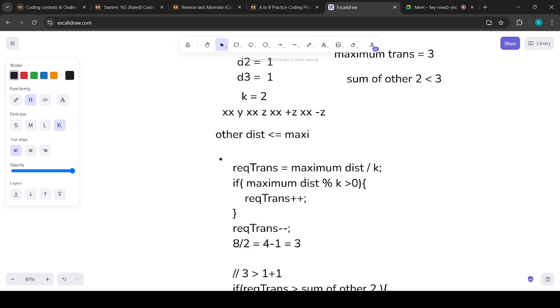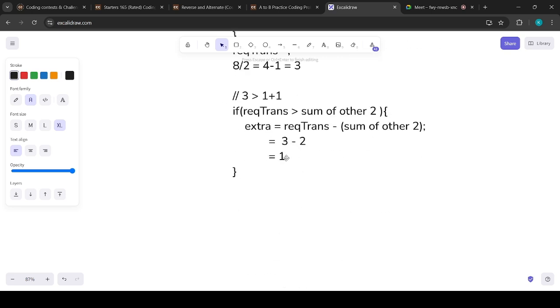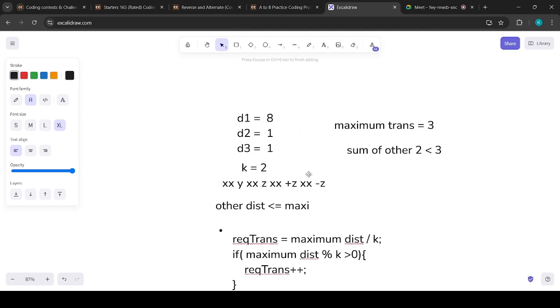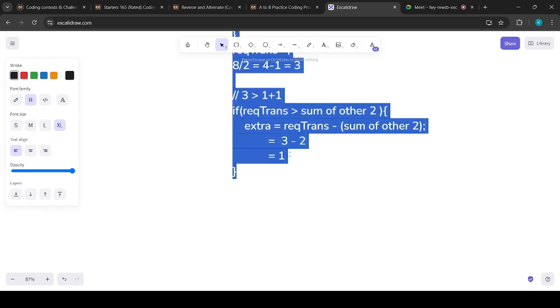But we also have to add an extra transition if we are adding an odd number of transitions. Means if the extra transitions are odd, then we have to add an extra transition to reach the required position. So at last we have to add